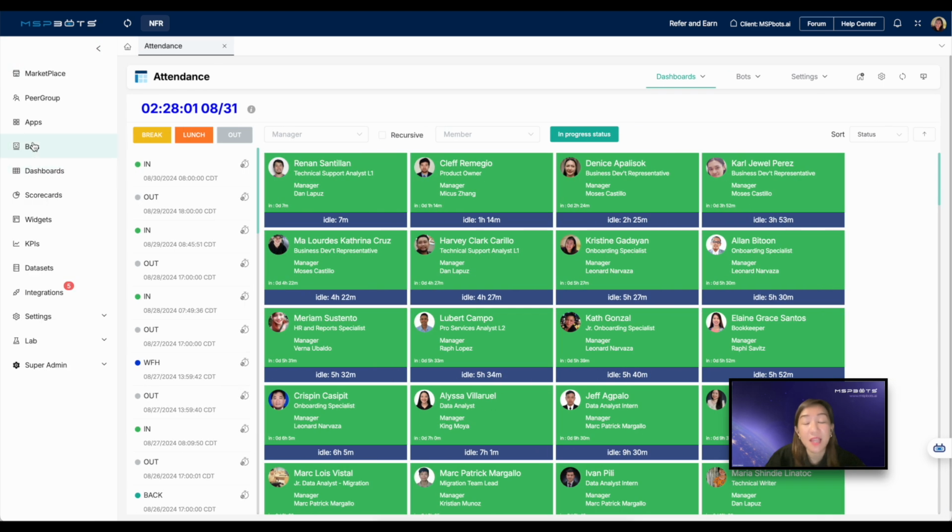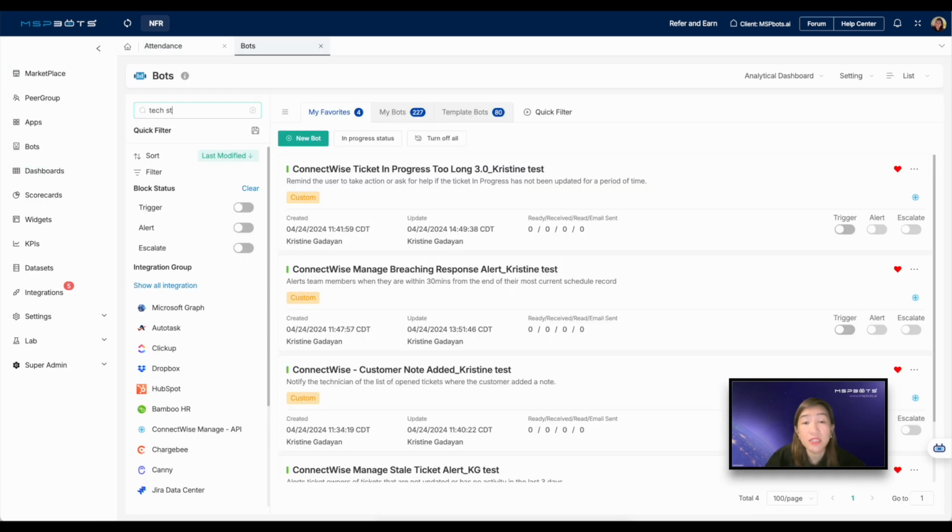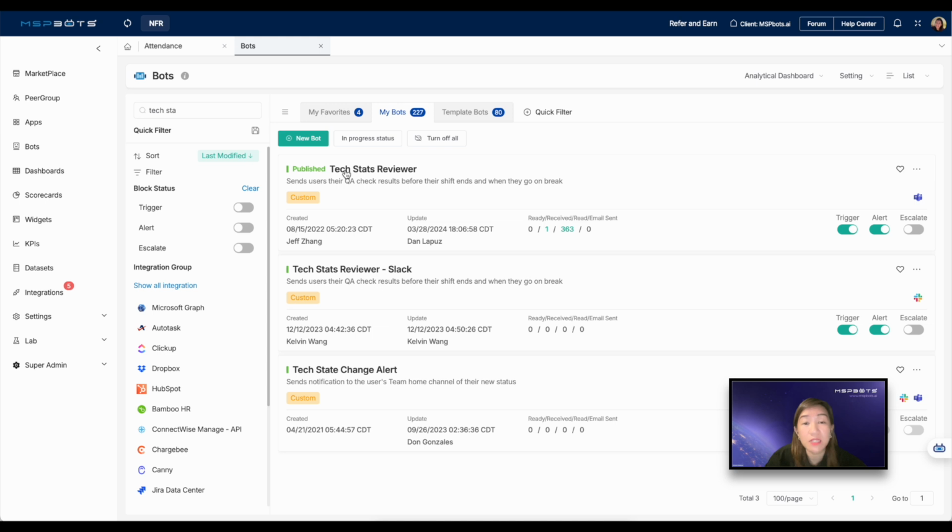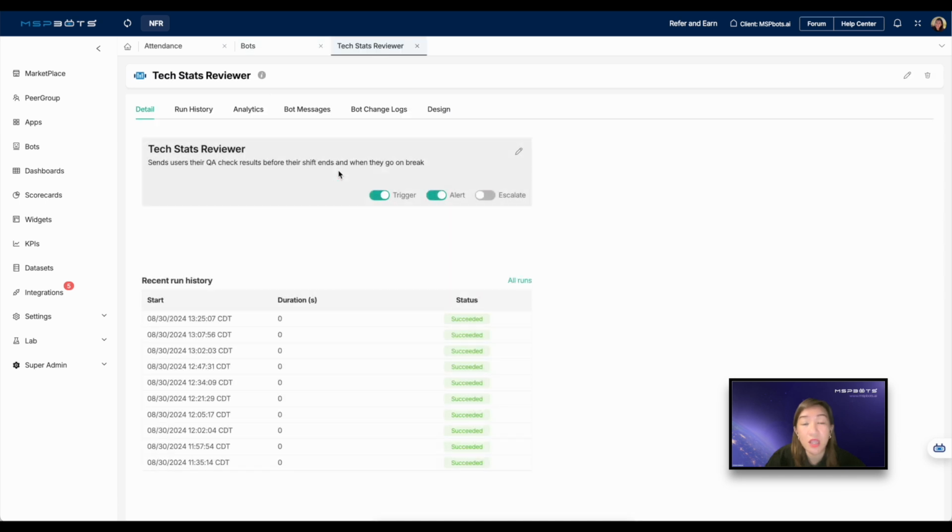Lastly is the Text Stat Reviewer bot. This bot is not included in the bots drop-down but is switched on by default for every new client. The Text Stat Reviewer bot notifies users about their overlapping time entries, total work hours, utilization rate, open in-progress tickets, and pending tasks. This bot helps minimize overlooked issues, low utilization, and tickets that have been open for an extended time. It also helps the admin to monitor and troubleshoot ticket issues quickly.